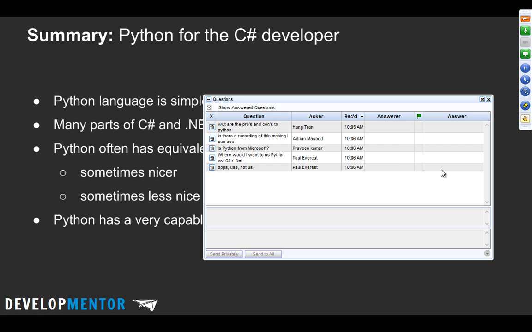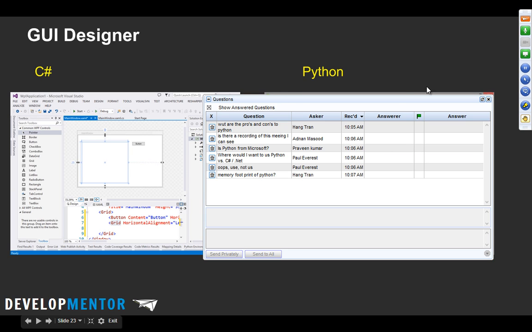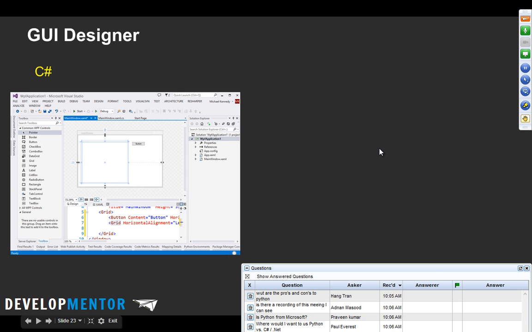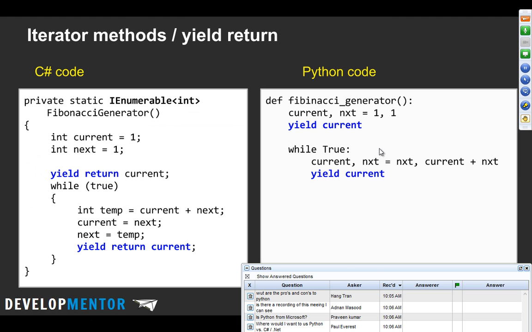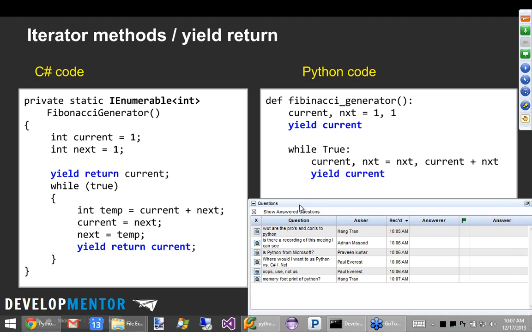So I really like the conciseness. Let me just flip back to an example here. Move that out of the way. You guys probably can't see that little UI thing, but it's in my way. When I look at this code versus the other code, this just makes me really happy. I'm like, oh, look how nice it is. It's just right there. I don't have to mess around with all this stuff.